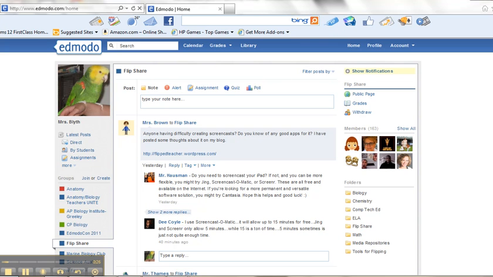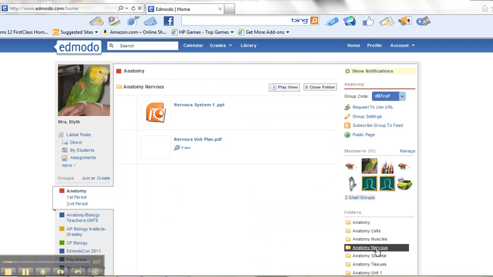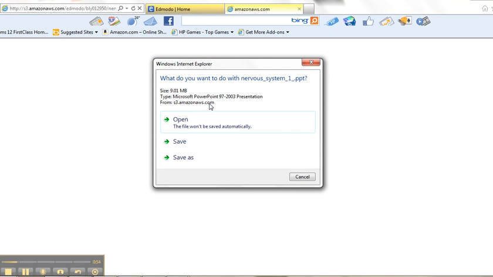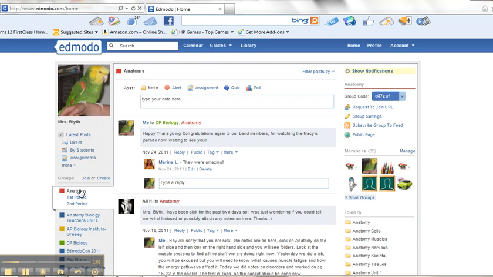And so where to find all this is going to be on the Edmodo site, and so your page will look like this. I'll post them here, but you can also look on the folders over here on the right, and under nervous system, since that's what we're doing, you can see this is the packet that you have in front of you, and then also you can open up the PowerPoint. However, I don't want to open it right now because I already have it open. So just wanted to show you guys again where to find that. And again, if you don't know how to log in, let me know because I can get that stuff for you. So let's go back to the PowerPoint